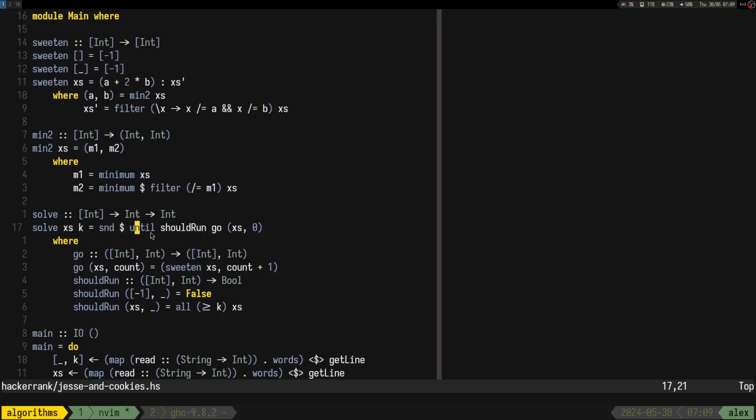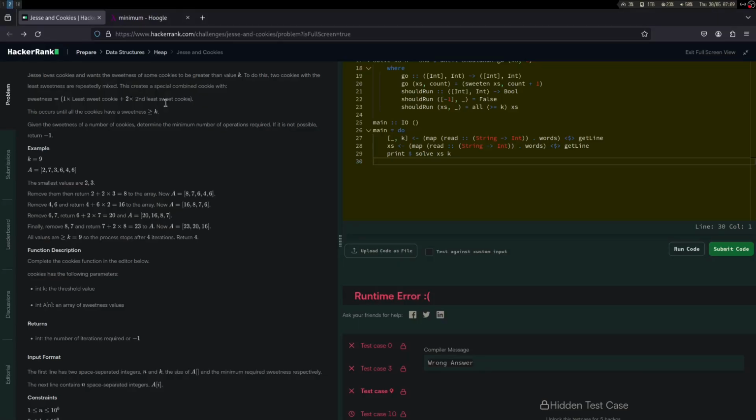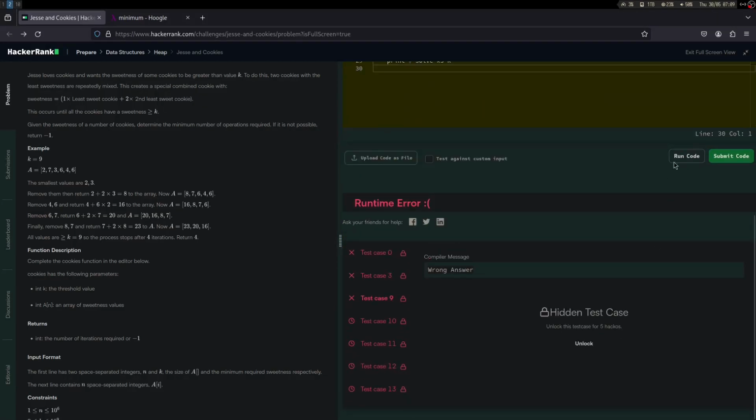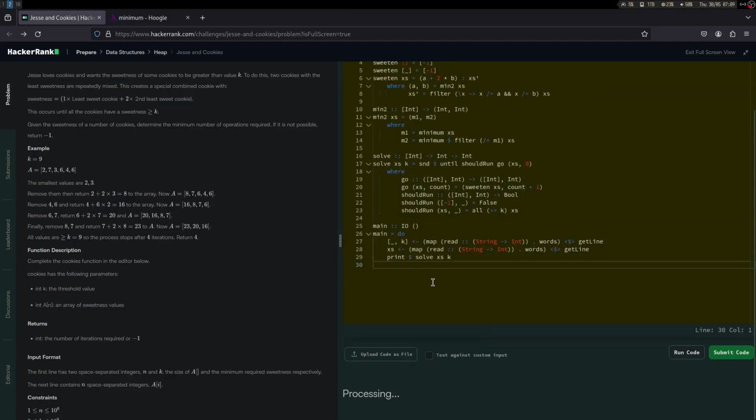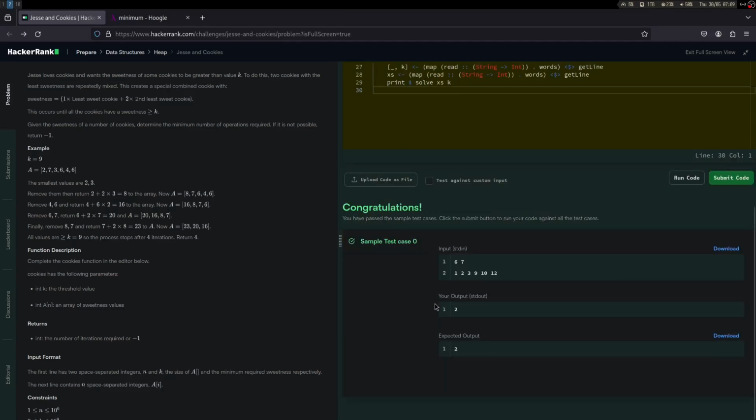But I don't know if it first executes this and then runs. That would be pretty weird. But you know, if this test case works, it's pretty clear that